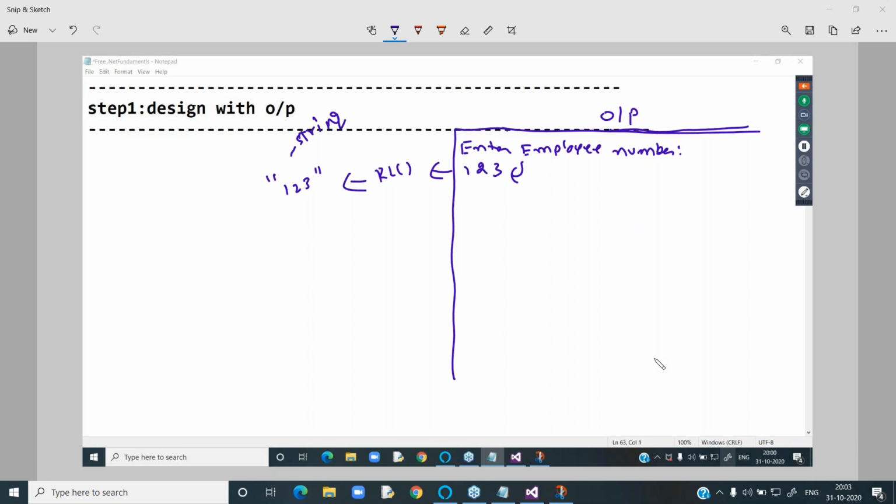Are you clear? Small data now, employee number. It's the biggest data.